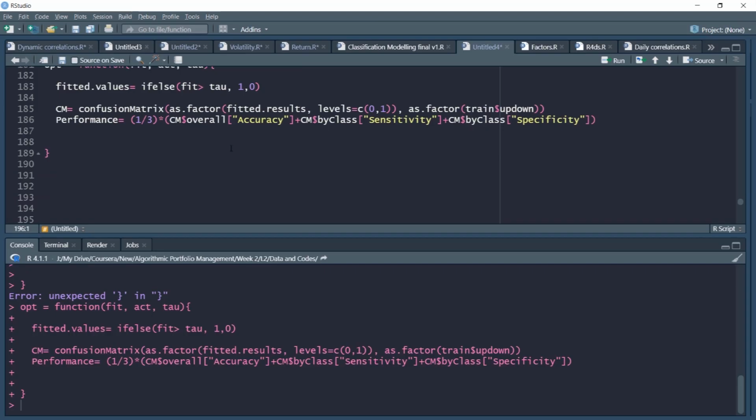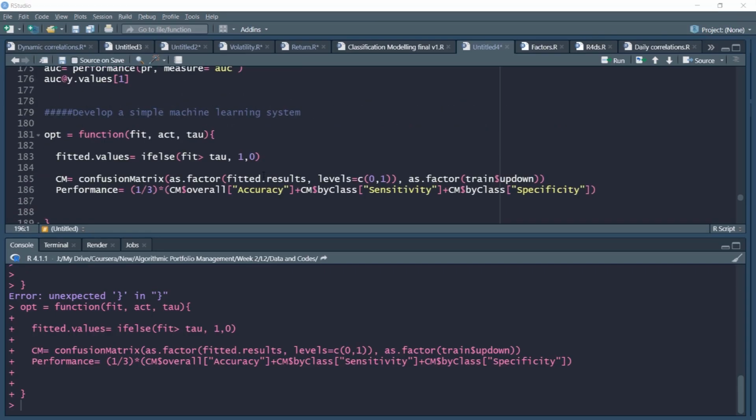To summarize this video, we created an optimization function where the arguments, that is fitted value, actual value and threshold values, will be passed, and this will give us our performance or objective function, which is the simple average of accuracy, sensitivity and specificity.